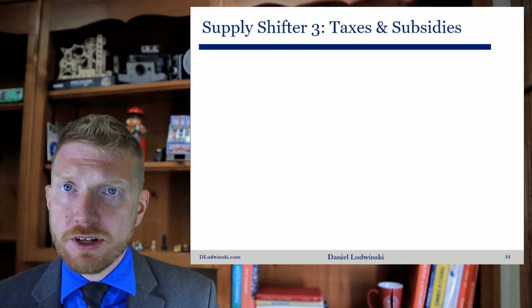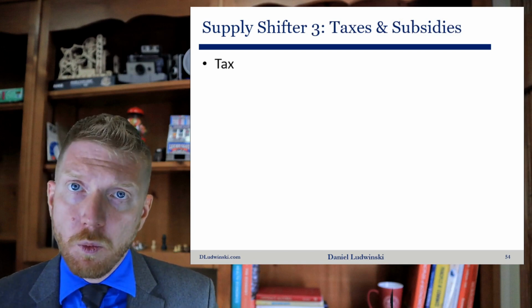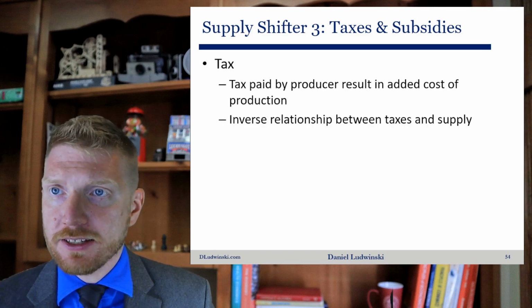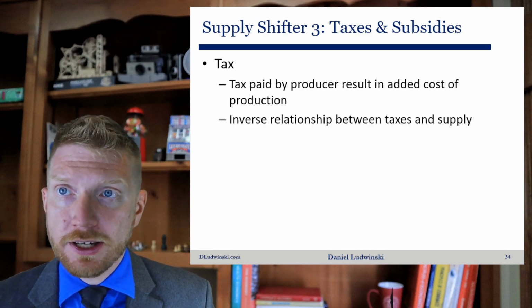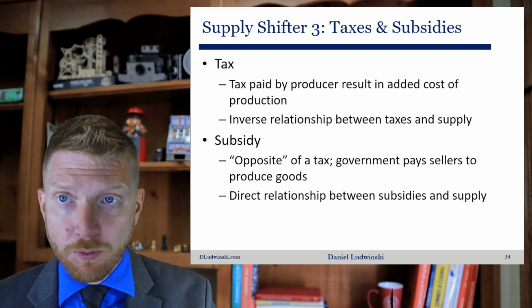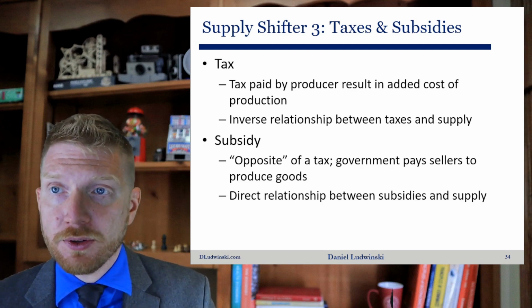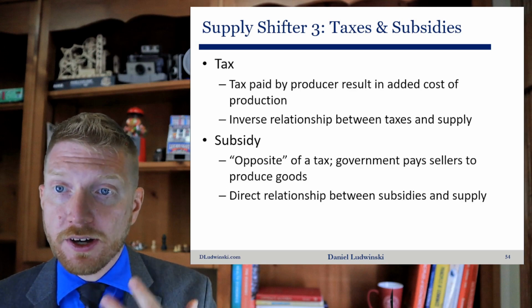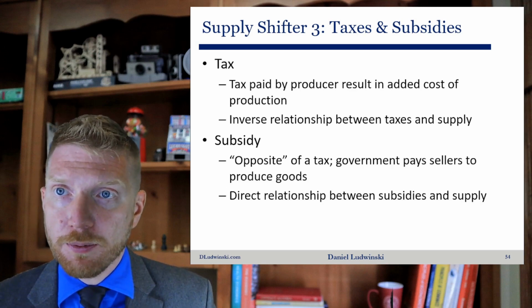The third shifter is taxes and subsidies. What suppliers are caring about is how much they're taking home. Taxes take out what they are taking home. Subsidies, where the government is paying sellers to produce, they increase supply because they're increasing what the producers are taking